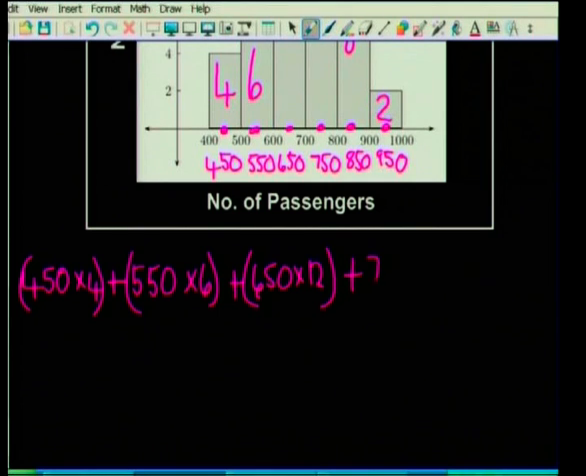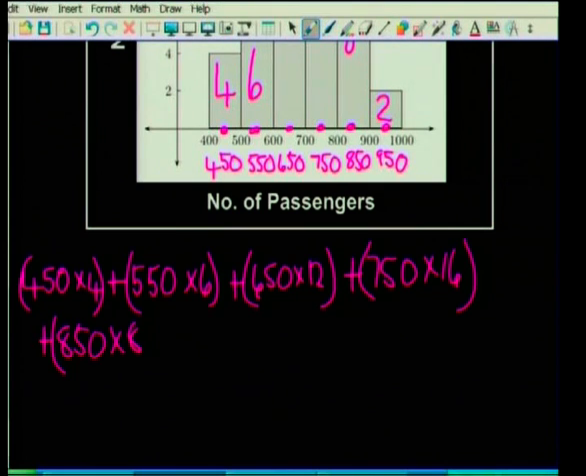Maybe not a bad idea, guys, just to write this out in case you make a small little mistake somewhere. At least your teacher can see that you are onto the right idea. I think that's very important, as teachers want to give you guys marks. You've just got to show us some working so that we can do that. Now I've already put this into my calculator, and the total number of passengers that I got was